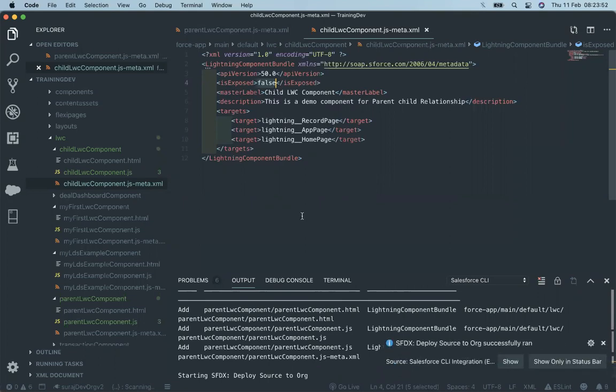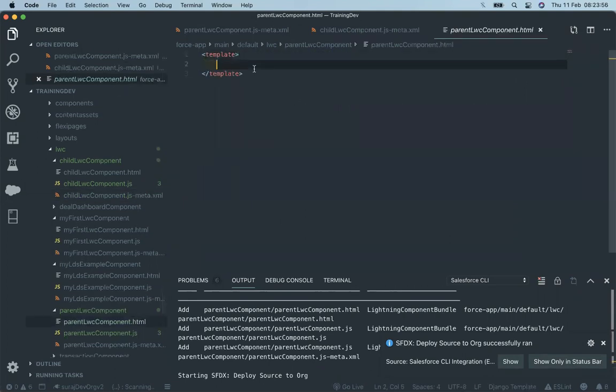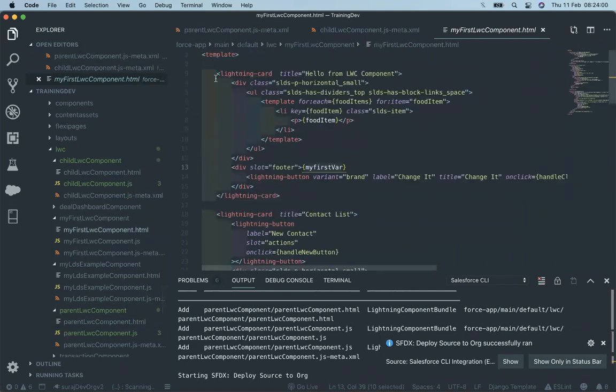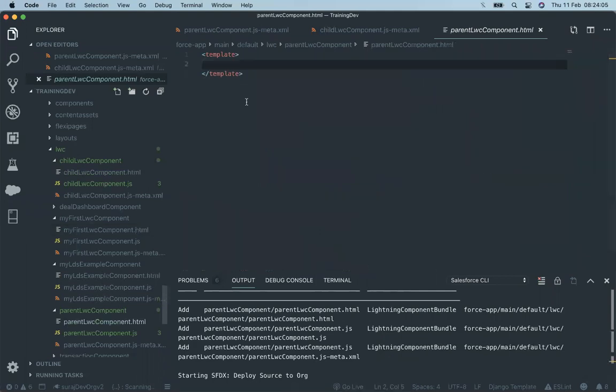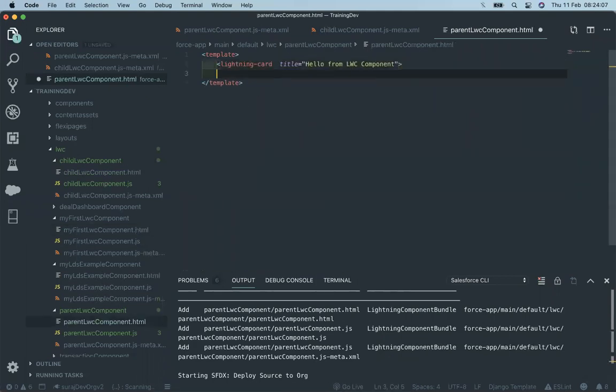Once it's deployed, now we are ready to go further. So let's first create a lightning card so that it will show the white background instead of the blue background. I'm using lightning card just to use the standard functionality. We can also use styles up here to make the background white, but I usually don't want to use custom CSS here. I just want to use all the standard things that are available. So that's why.